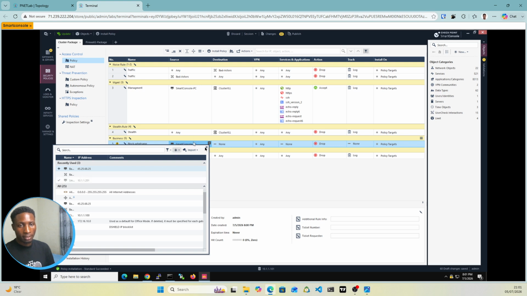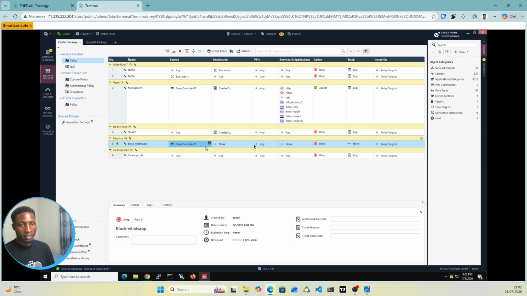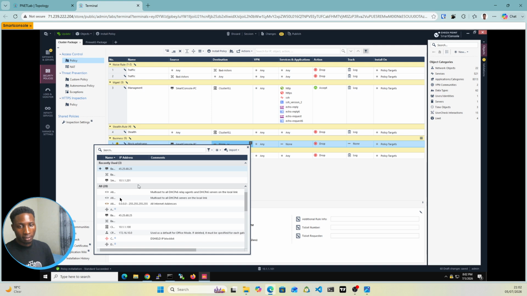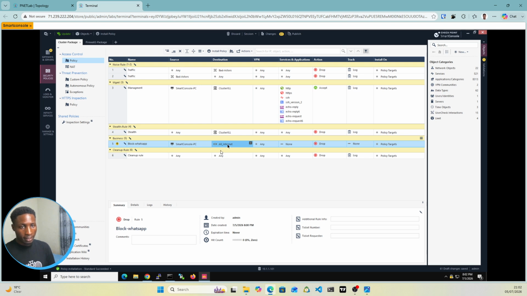I'll close this. And if the destination is any, you can put anything you want here for your choice. If you just put any, that's all the internet. The object for all the internet is already here, that's 0.0.0.0. You can put that. That's the internet, that's any address. The VPN is set to any. The service is here. You can leave it to any service of your choice, or for the services,